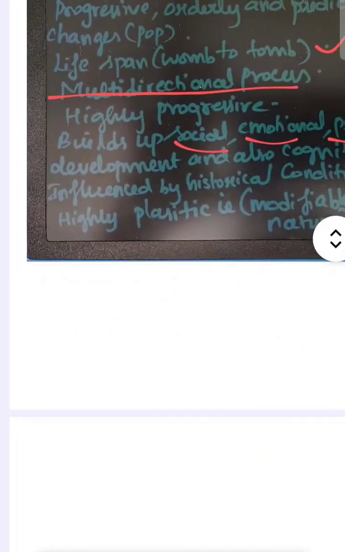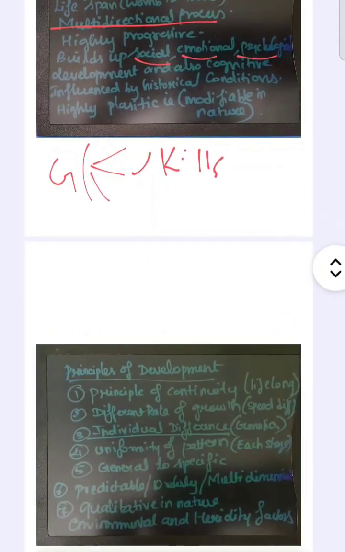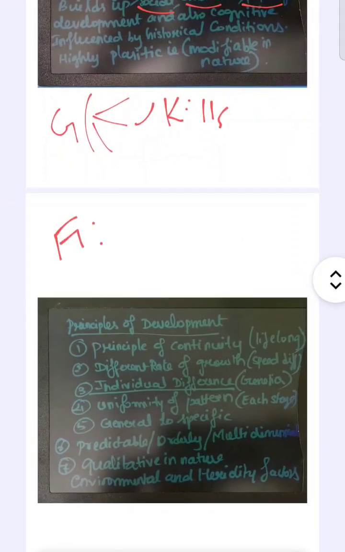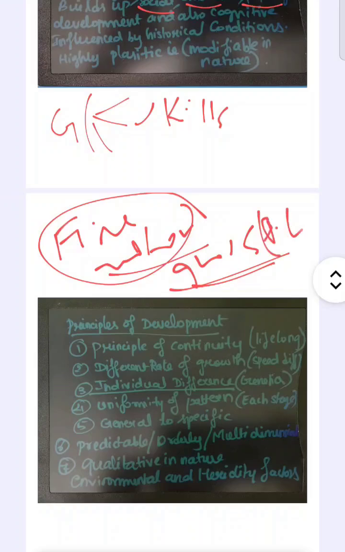If we take growth, which is a measurable aspect, the important point to note in growth is that there are two skills which we develop, that is fine motor and gross motor skills. The fine motor skills are where we use fingertips, just like for painting. Whereas gross motor skills use the entire body system, for dancing or some kind of sports activity. So it is like bodily kinesthetic energy.